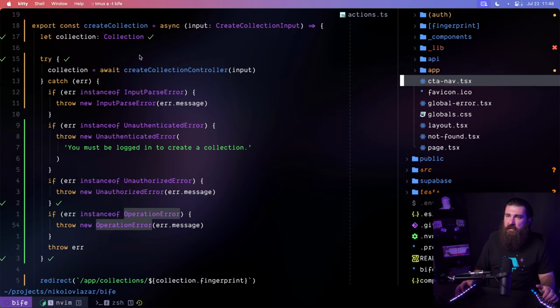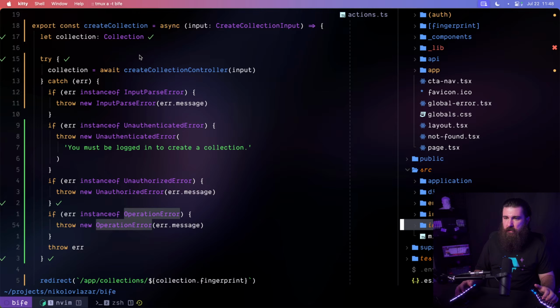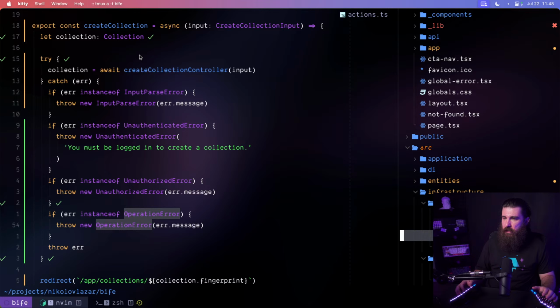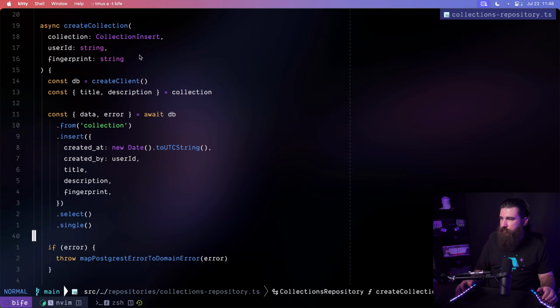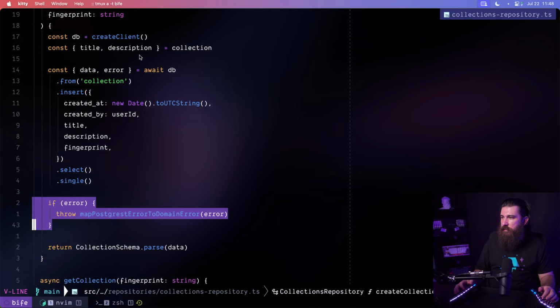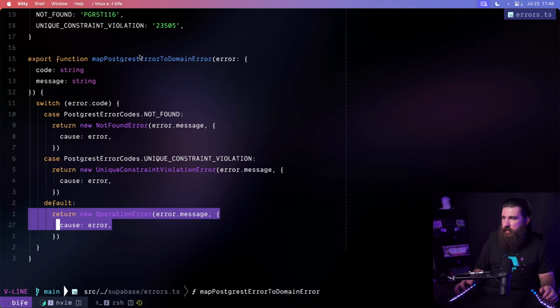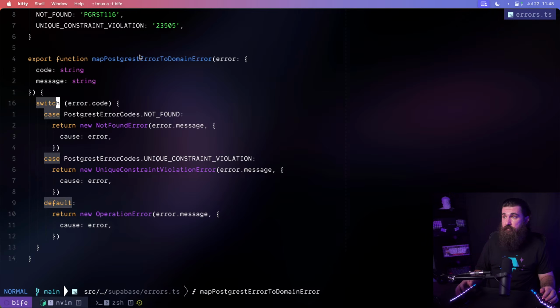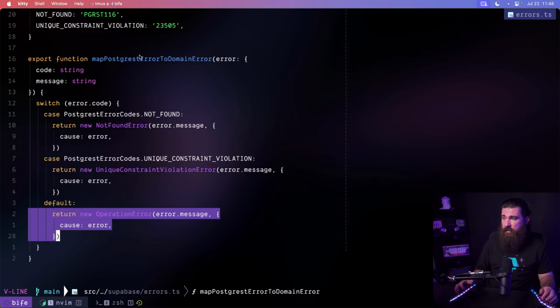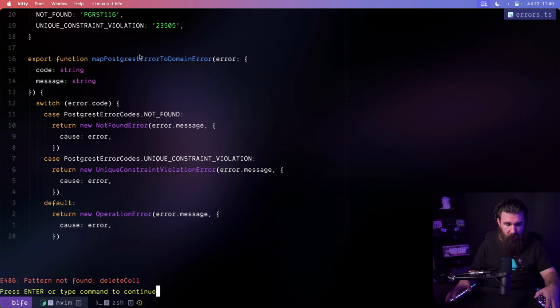Let me check this out. Go to source, application, use case. Actually, infrastructure, repositories. Here's the real one. And then we do map Postgres error to domain error. Not found, unique constraint violation. And then the default one is the operation error. And if you ask me, I have no idea what the error code could be, what Supabase can throw that's going to result in an operation error. So that's why